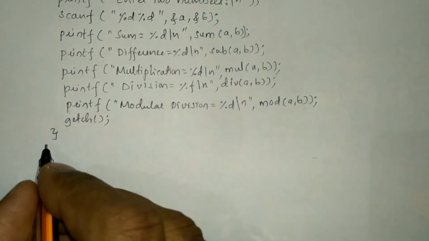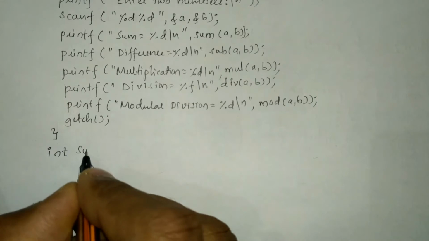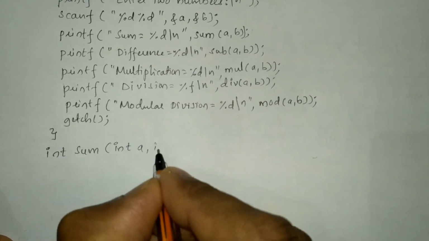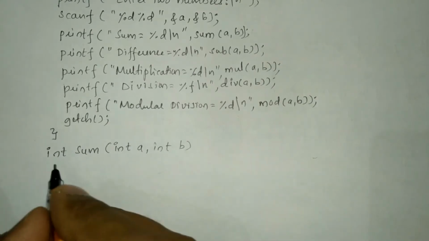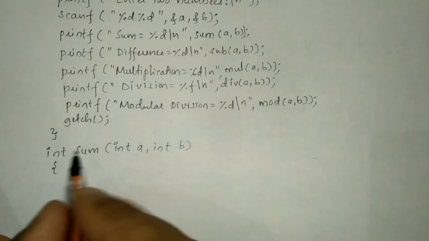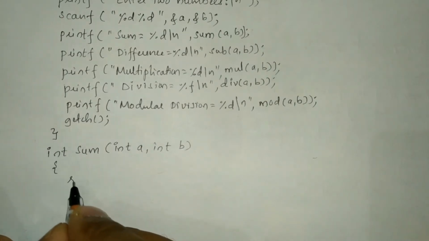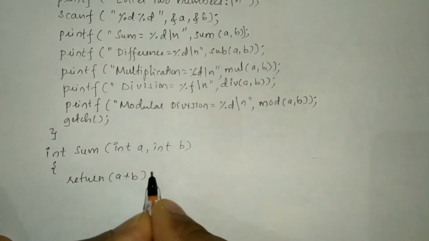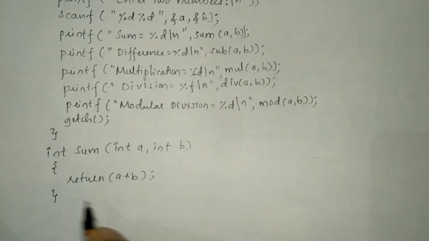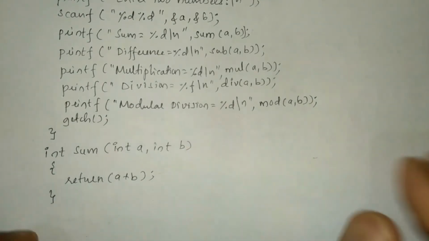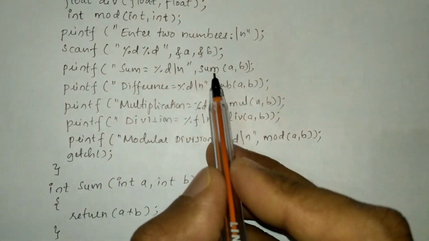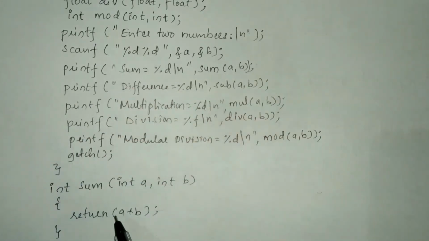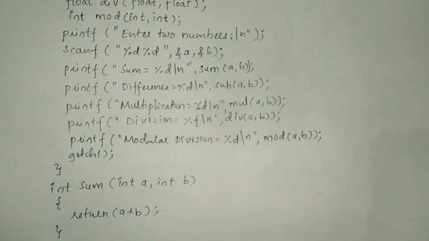Here I'm going to write return type int, name of the function is sum, and inside the bracket I'm going to write int a comma int b. Now curly open brace, and here, because of int, we have to write the keyword return, and inside the bracket I'm going to write a plus b, close the bracket, put semicolon and close with the curly closing brace. Whenever the compiler encounters this particular statement, control jumps from the statement to this function. So that is the function definition.